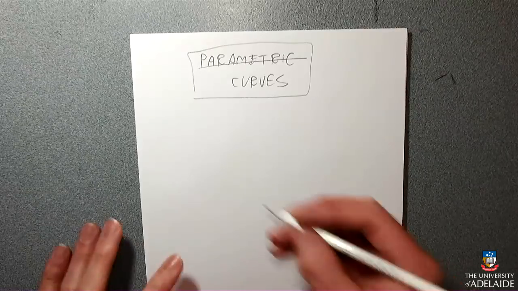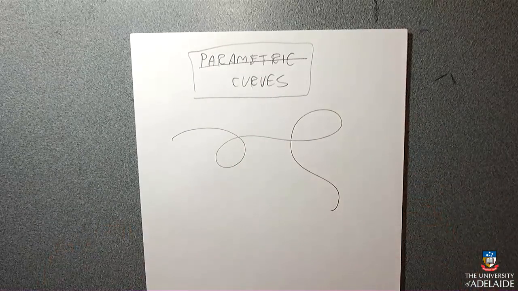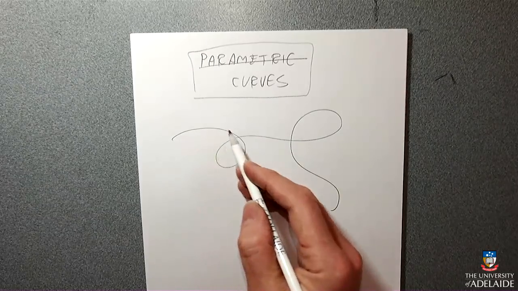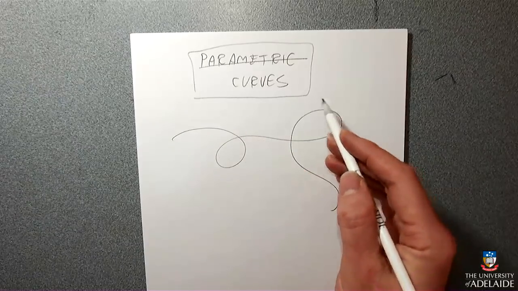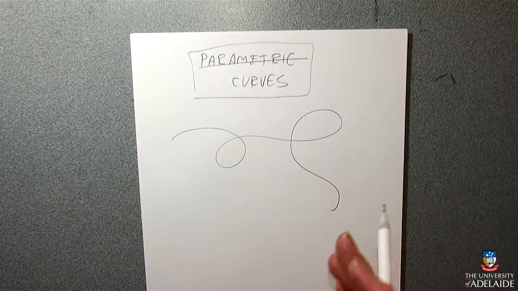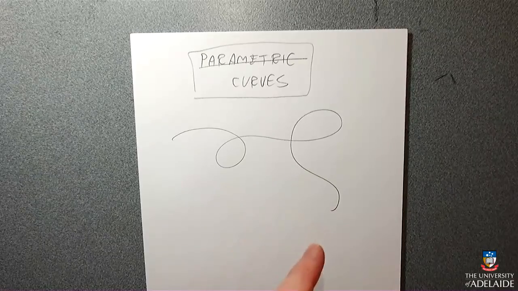So the idea is, if you have a curve, then there is a variable which tells you where you are on the curve. If you were paying attention when I was drawing it, you could capture a video of that, and locate which point my pencil tip was at every second. So there is a variable in my video that says, given the time, what point I'm at. That's the idea of a parametric curve: there is a variable, it doesn't have to be time, that tells you, given its value, which point of the curve you are at.